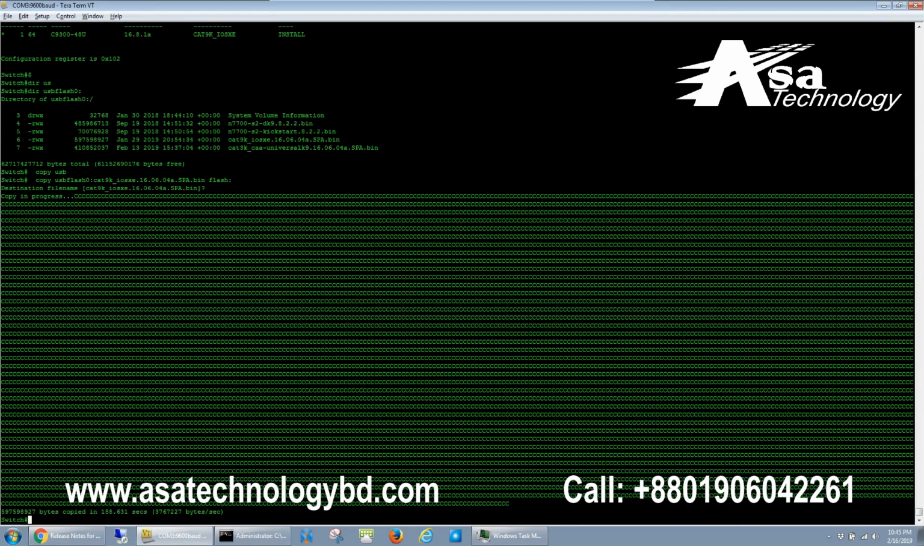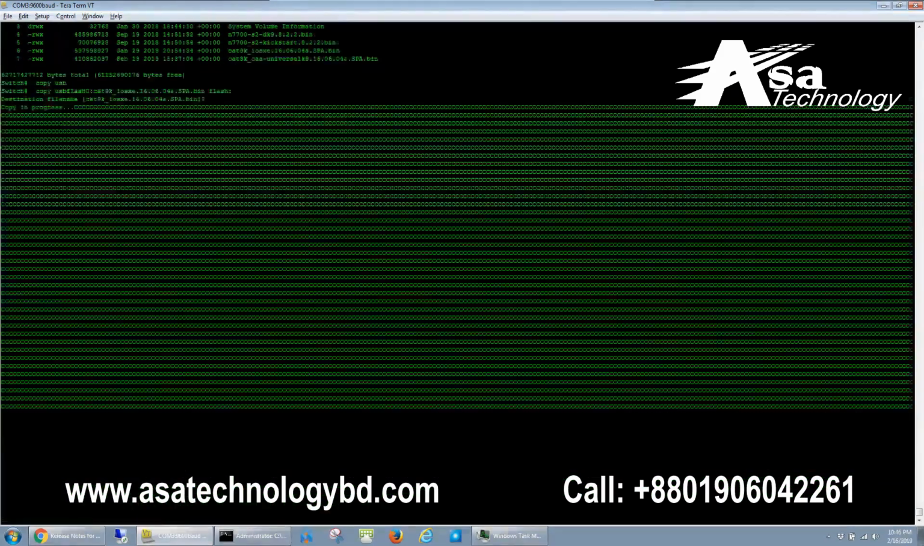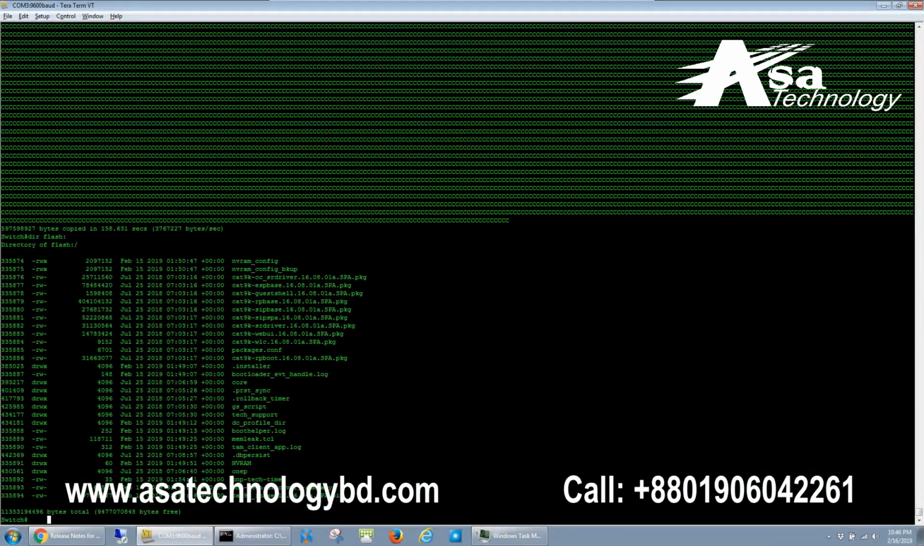Alright, so it looks like the software is finished copying. Just to confirm that it's in the flash on the switch, I'll run dir flash. And I can see that the image is on here now. Now this is where the commands are a lot different than they were with older switches on previous versions of software. To install this new software in bundle mode, you have to run request